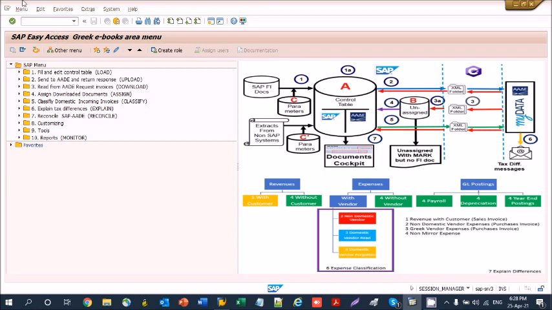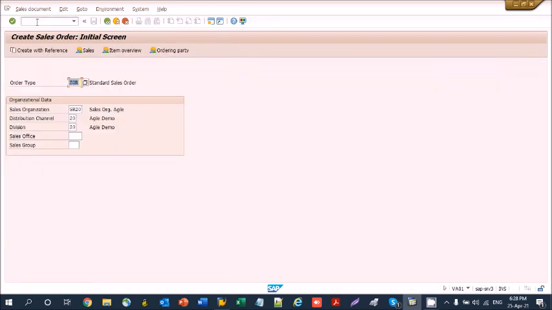We start by creating a sales order using transaction VA01. This sales order is of type ZOR, which has been customized as a delivery-related billed sales order. We declare the sales organization, GR20, the distribution channel, and the division.